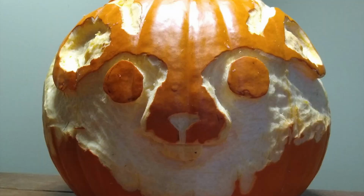Now, you don't need to actually hollow it out completely because you could simply carve around the outside, like in this picture, but then you're never quite sure how thick your pumpkin is or if you're going to break through. However, it would last longer still having all the goop on the inside and the pumpkininess in there. But you're not going to be able to get a light in if you don't hollow it out. Now, with my pumpkin here,